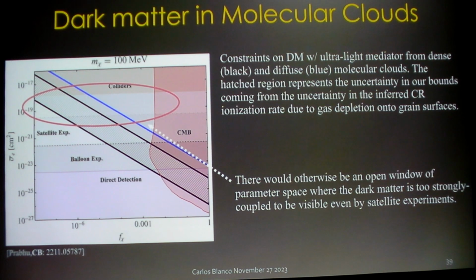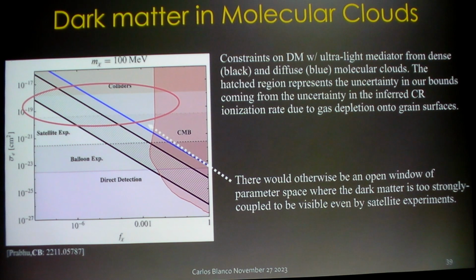If you set up a balloon experiment and you send it up to near space, you do a little bit better, and satellite experiments do a little bit better, but it turns out that there's still this open window here that is kind of fundamentally unprobable by current experiments. And normally, that kind of strongly interacting dark matter would be totally ruled out by CMB considerations, but it turns out that if the strongly interacting component of the dark matter only constitutes a small fraction of it, and models that have strongly coupled components predict that it will only be a small fraction of it, in these scenarios, the CMB loses sensitivity entirely.